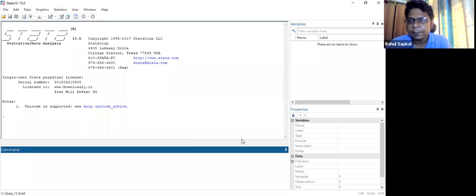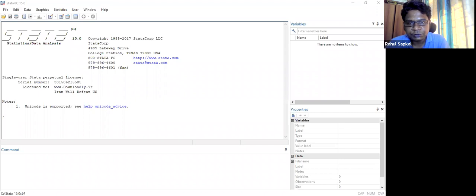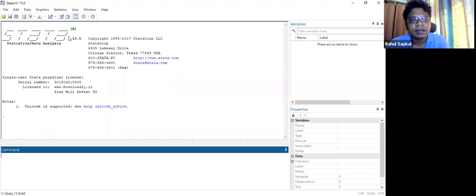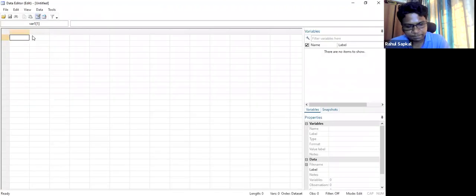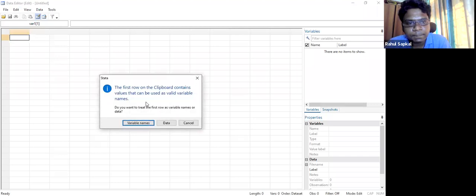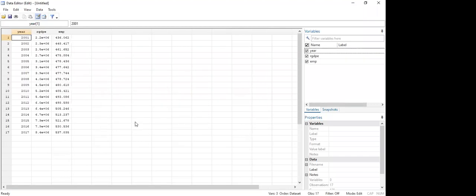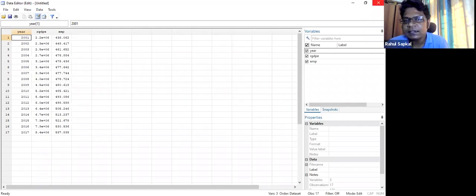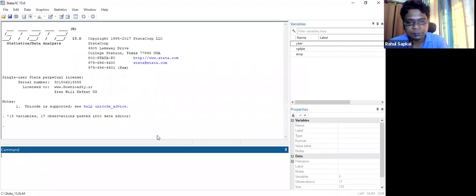This is our file edit data profile. This is our command profile, and all the results appear here. You can see the data. Now I'm going to use the same data which we have used for calculating this one. So employment and GDP. Just copy paste the data. Can you see the screen, all of you? Yes, sir. Yeah, so now I have already pasted the data. Usually we don't paste, we import the file, but this is only a small exercise. And now again, doing the same regression exercise.